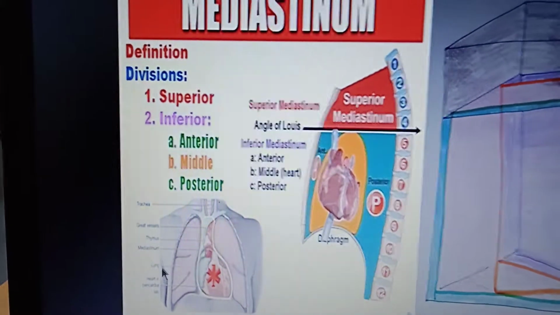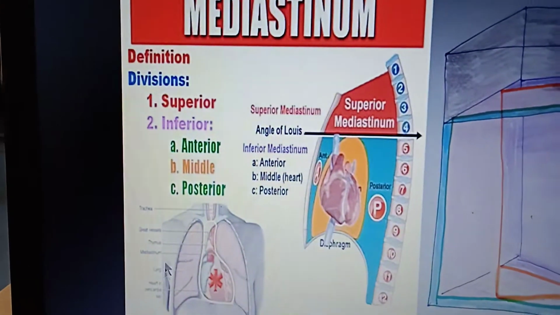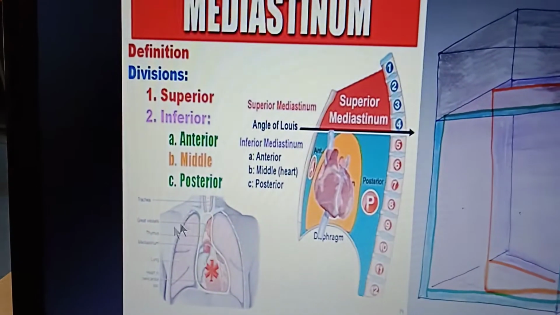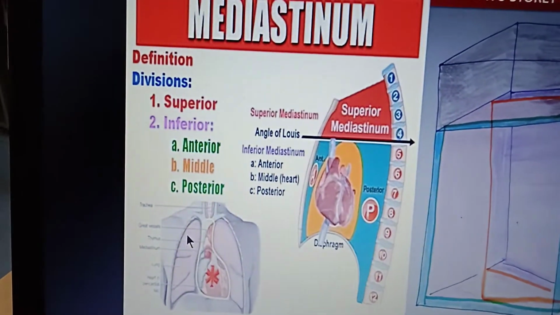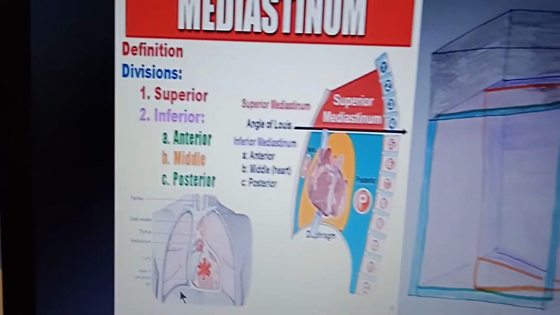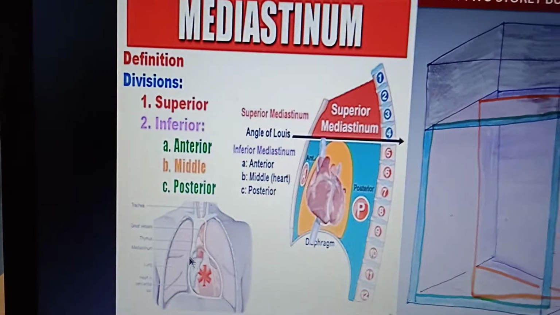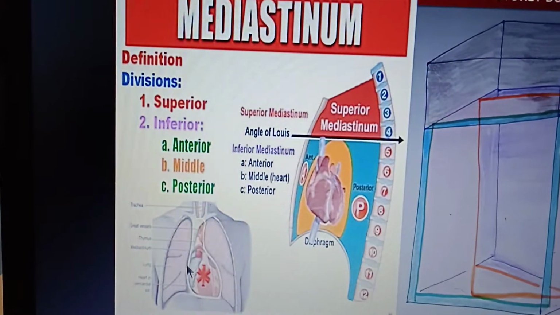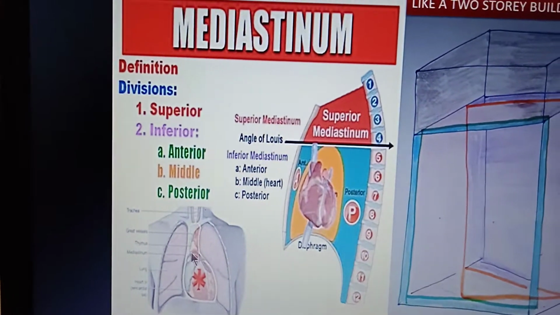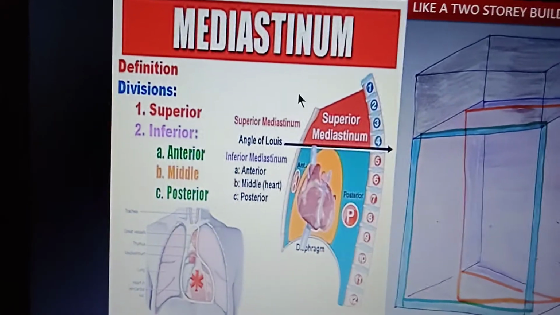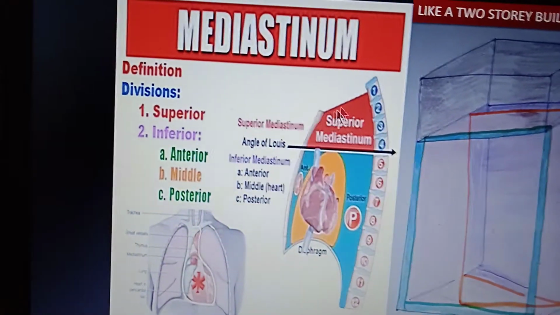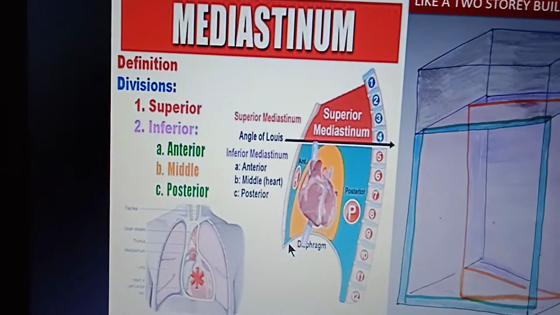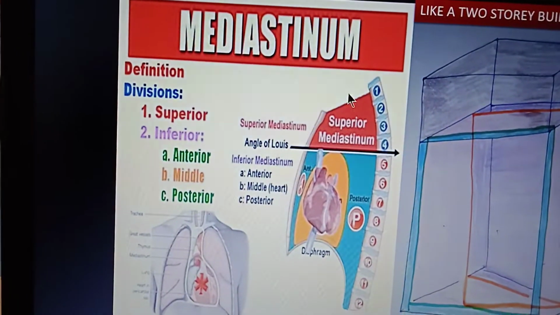The lung enclosed within the pleura is wearing a cloth, that is known as pleura, and towards the side of the mediastinum this pleura is named mediastinal pleura. So laterally it is bounded on both sides by mediastinal pleura. Superiorly this is the thoracic inlet, and inferiorly there is the thoracic outlet formed by the diaphragm.